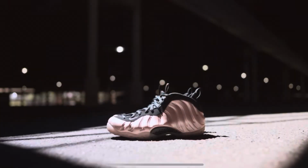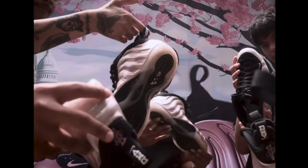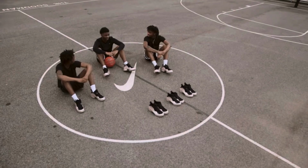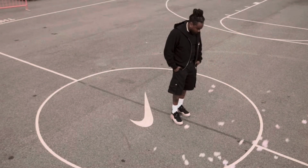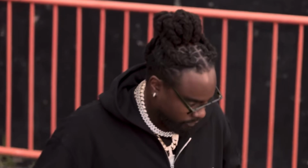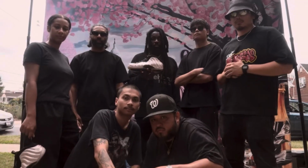Another great thing that I love about this shoe is that Nike got Wale involved. Now Wale is from DC, I think Southeast DC. My wife went to Howard University, so I'm very familiar with DC, love DC, we go there all the time. But Wale has been repping New Balance and Foamposites in his whole career. So he was actually blessed by Nike to be in the rollout of this shoe, the marketing,